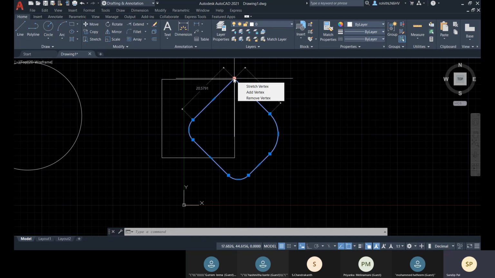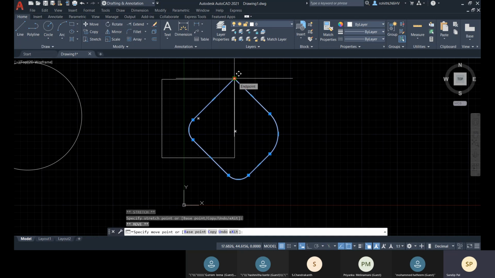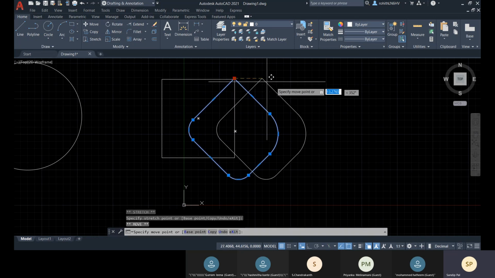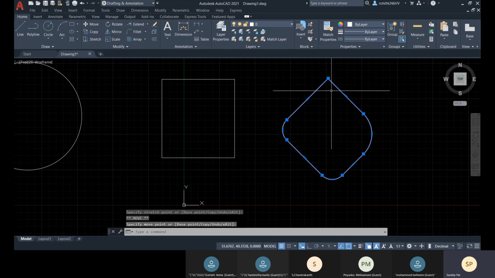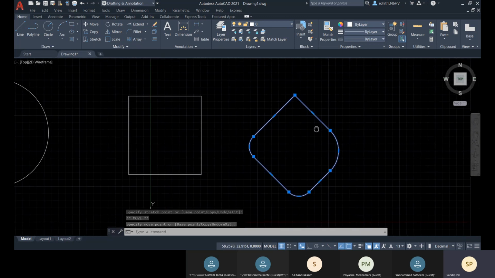So how can I move? I can choose this move option, but I don't want to select it, I want to make it quick. So if you click on this grip point and then press the space bar, you can cycle through move, rotate, mirror, copy, you can do that.